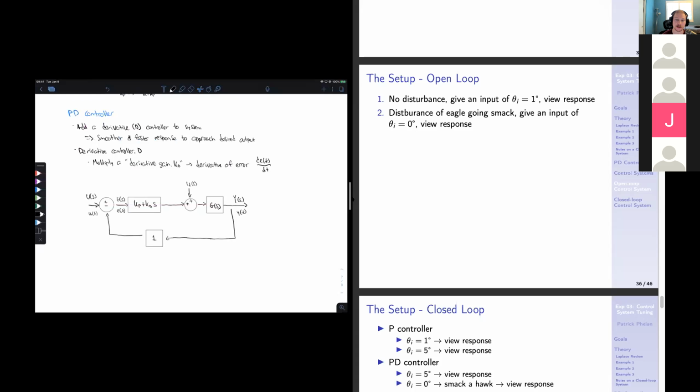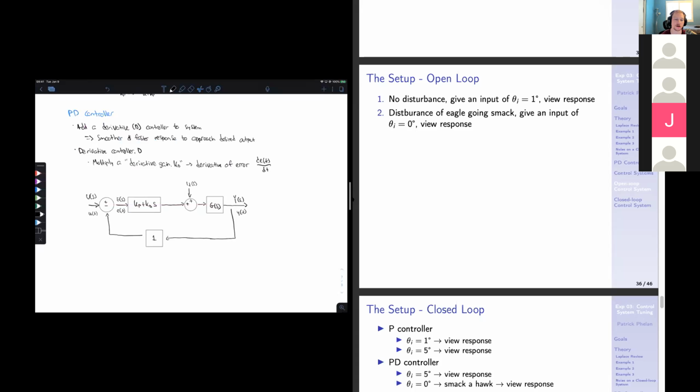And then in our next scenario, we're going to have a disturbance. So we're going to have an eagle strike the airplane, and we have an input roll angle of 0 degrees. And then we're going to view the response. So we're going to be flying, we have an input of 0 degrees, so we're just going straight. We're not turning at all, or there's no roll. And then an eagle is going to strike the plane. So we need to see if our response is going to be able to handle that disturbance and go back to equilibrium or not. So for the open loop system, we're not using any controllers